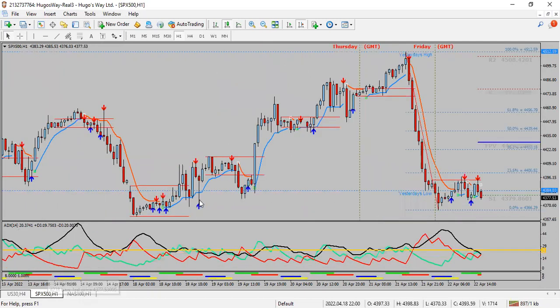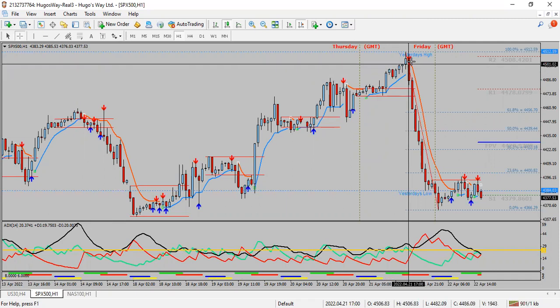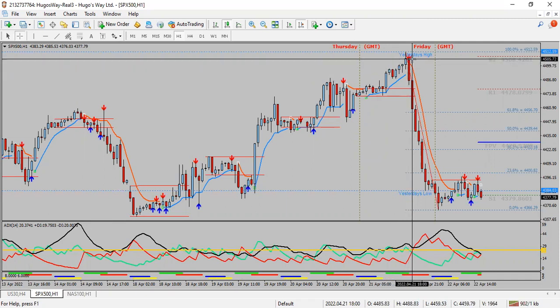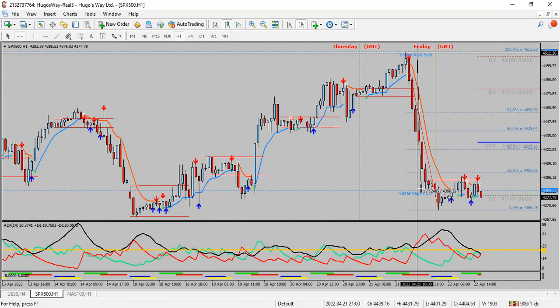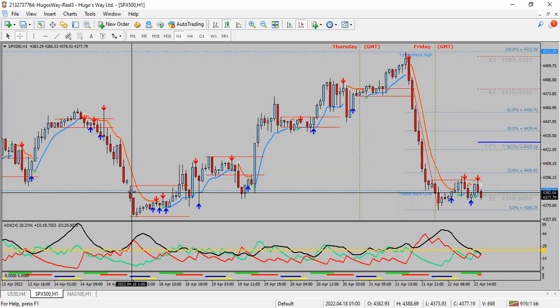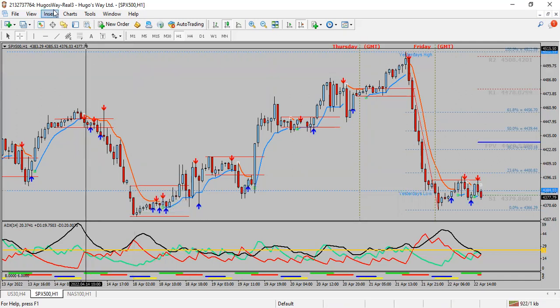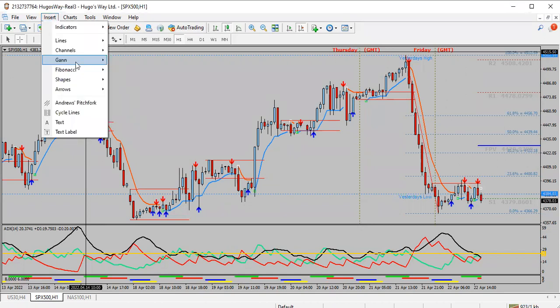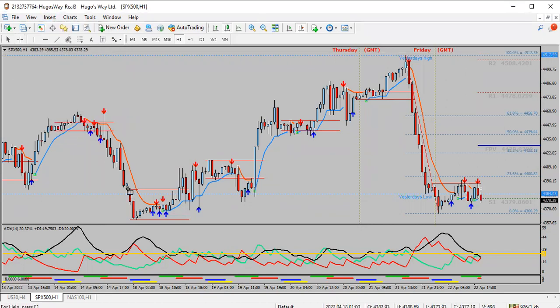Pretty much SPX did the same thing. SPX is literally the baby version of US30 and Nas, really the baby version of US30. But SPX still dropped a lot. What, 126 pips? 126 pips for yesterday. Still a lot. Let me see. What day was this? Yeah, same thing for SPX. That's why I say always mark up your Sunday open, because you're going to see price come back and play into it.